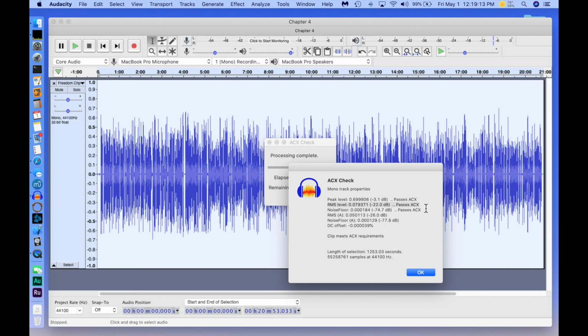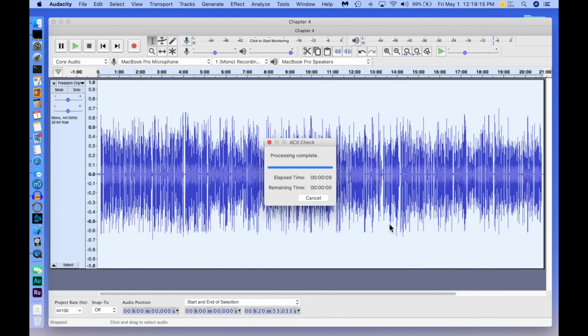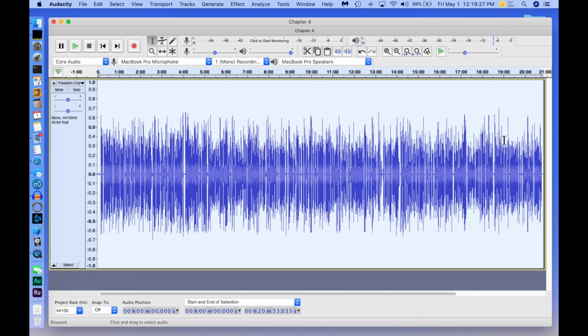So at this point we are passing, everything is cool. We have to wait for that to go away, and the waveform we can see has a nice dynamics contour up and down, but there are no outstanding spikes that are unique that are going to catch our attention. They're all kind of the same, except for